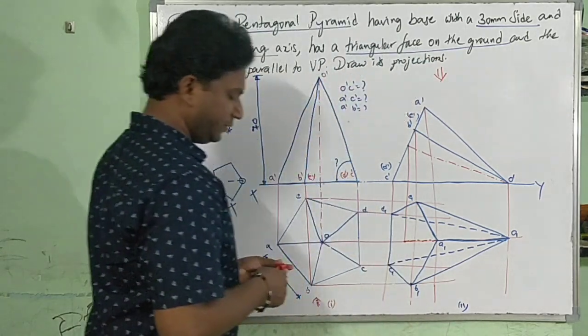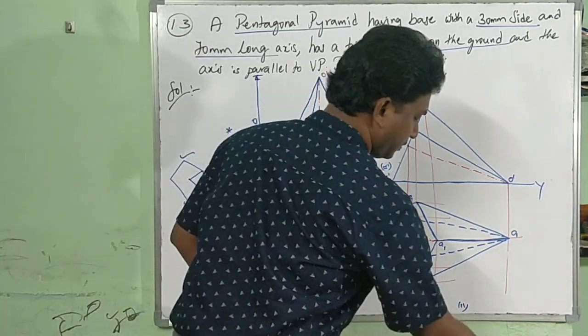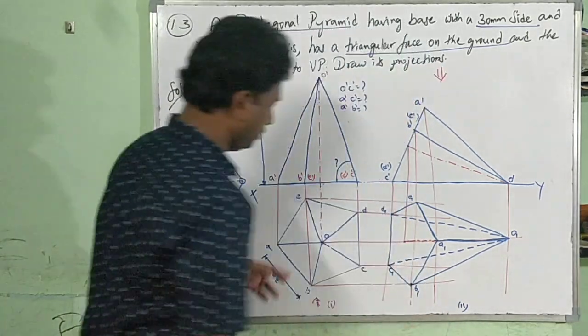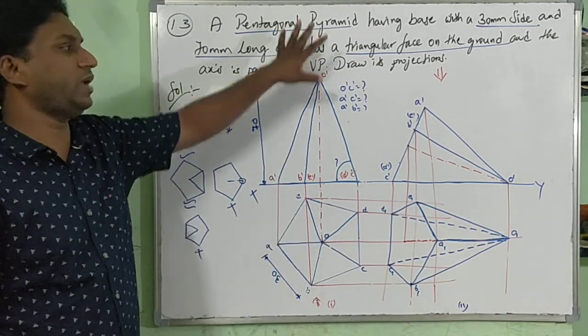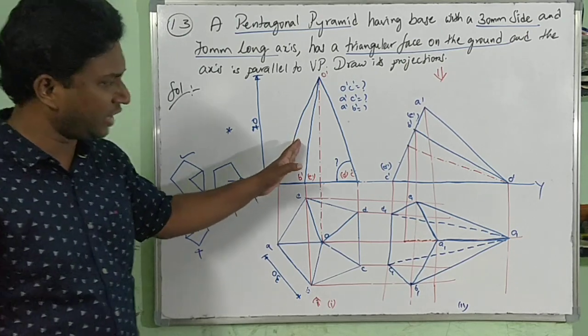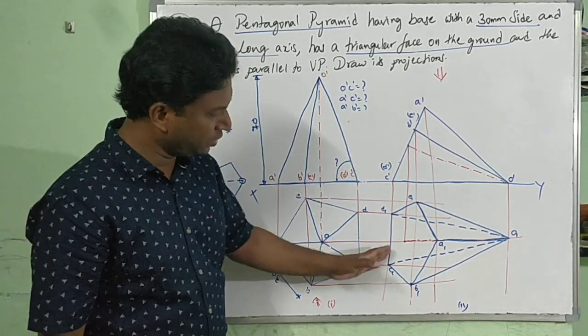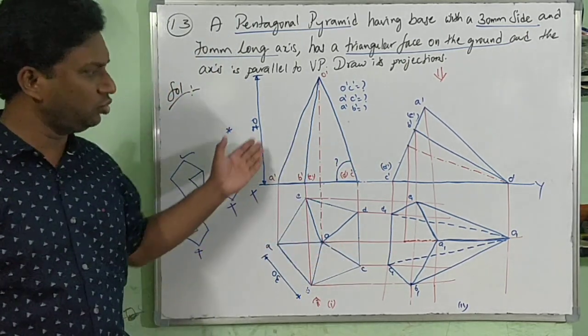Simple. When you compare to the previous problem, we have drawn the top view, true shape, projected front view. This is the only thing which you can draw from dimensions. Remaining are stage 1 front view, stage 2 front view, stage 3 top view, final answer. All you have to do is that.